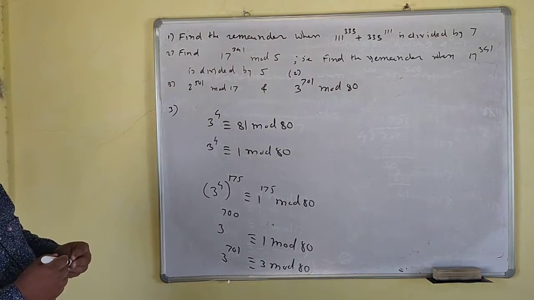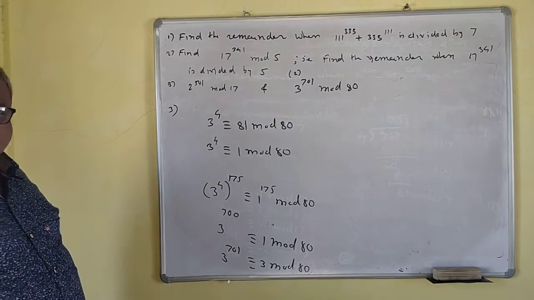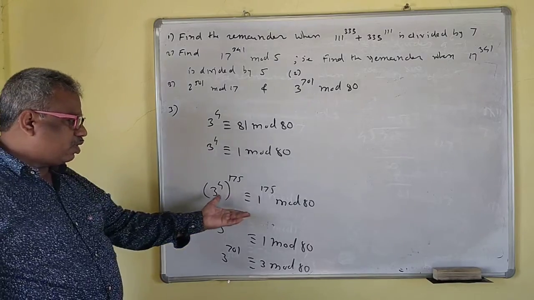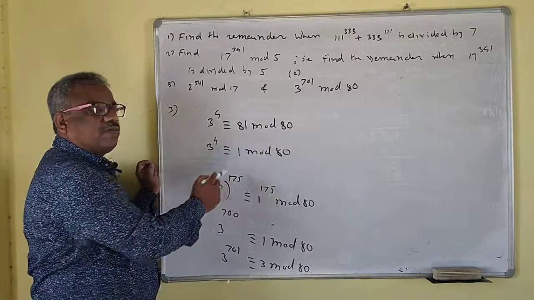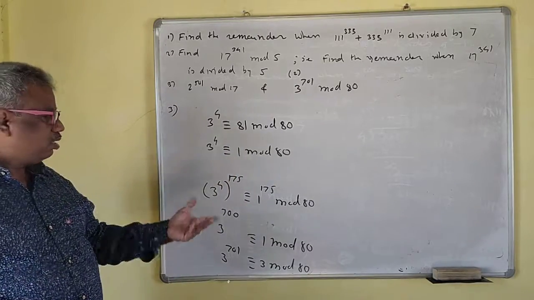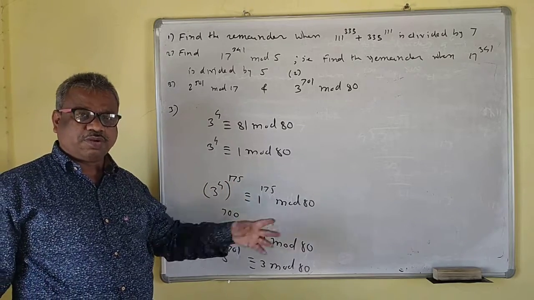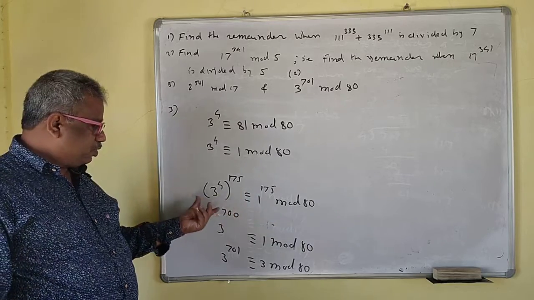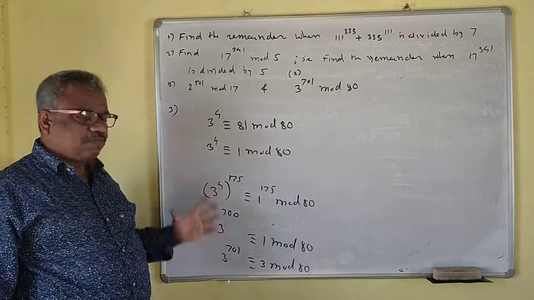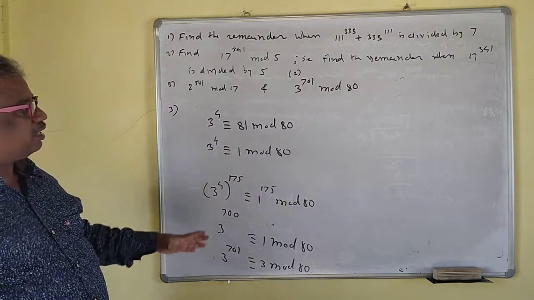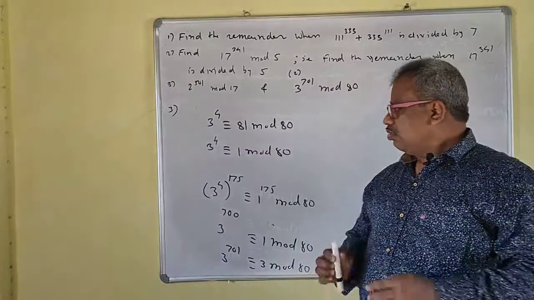I hope that the idea of congruence modulo n is clear to you. We have solved a number of problems on it, and this is very simple. What you have to do here is trial and error. Make this a 1 or minus 1, because then you can easily take the power. If it were 2 to the power 175, then it would be complicated. So if you can make 1 or minus 1 here, then the problem will be easy. I hope you understand this. Okay, so now we will stop here.